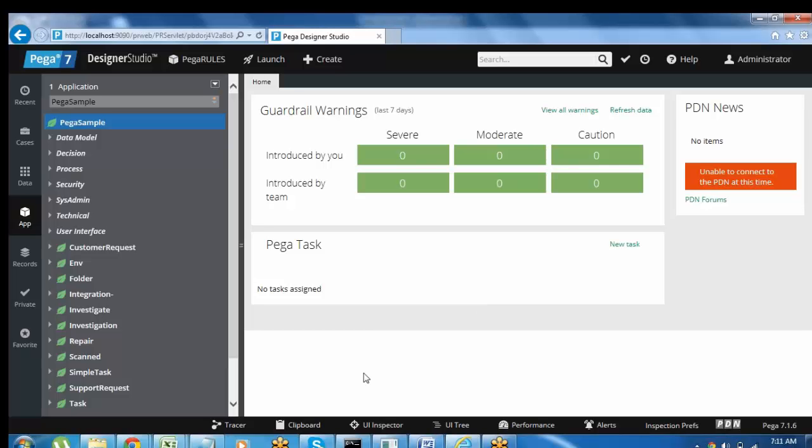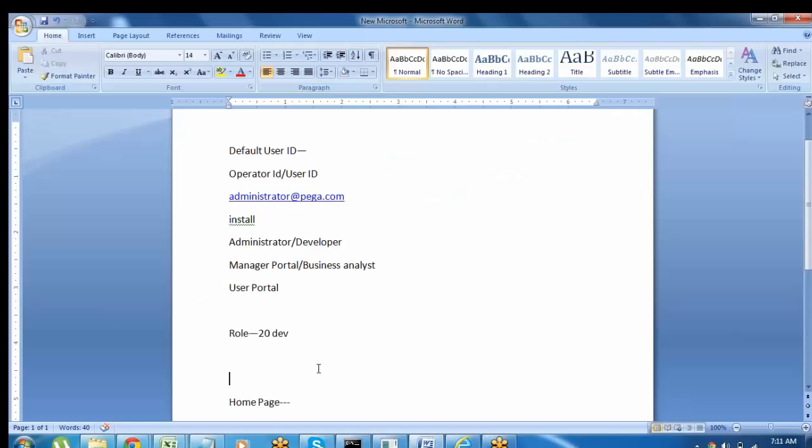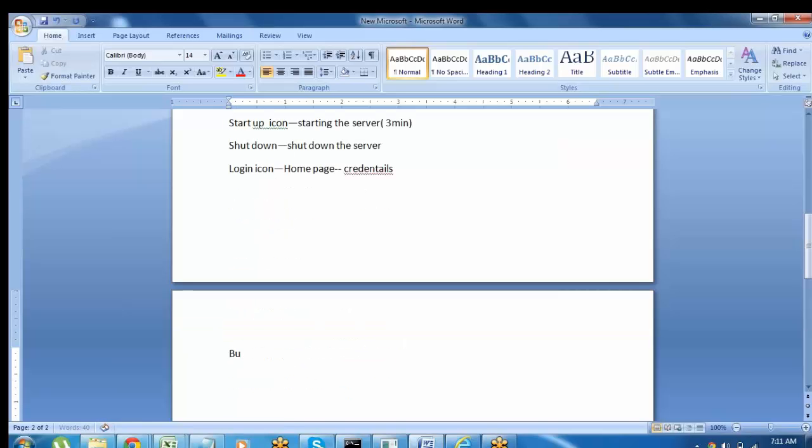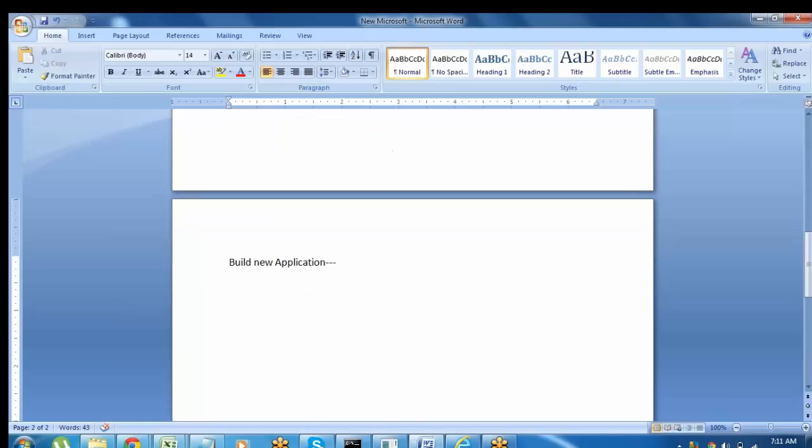And if you want to design an application, the first thing we need to do is build a new application. How to build a new application? See, building a new application in 7 version is different from the previous versions. In the previous versions, it is a long process, guys. In the previous versions, if you take 6.3 version, if you want to build a new application,